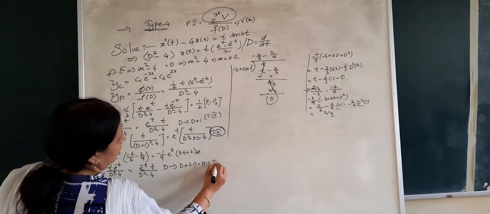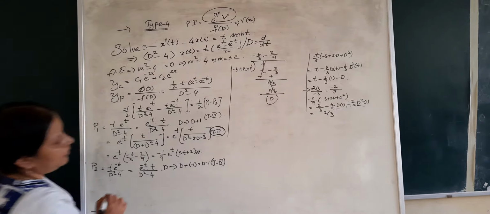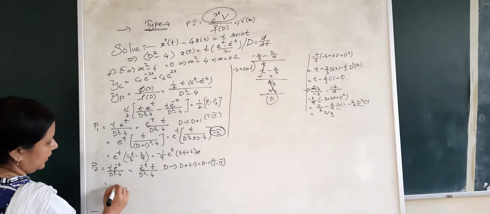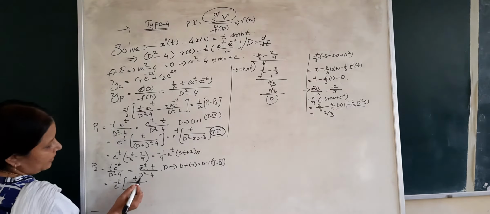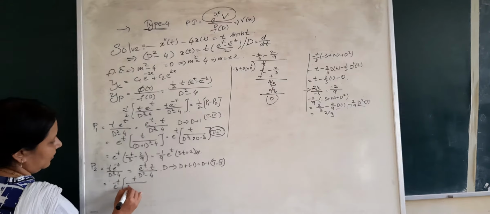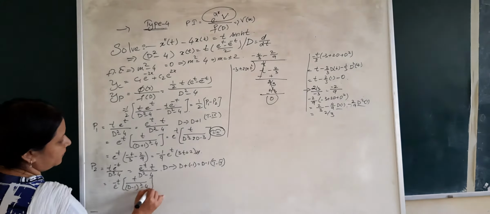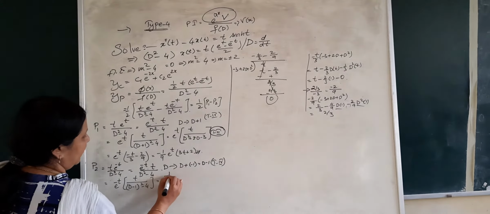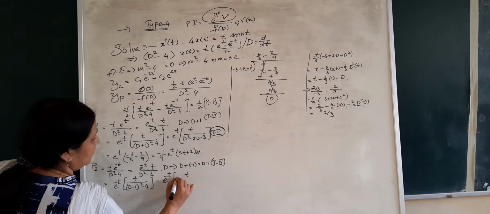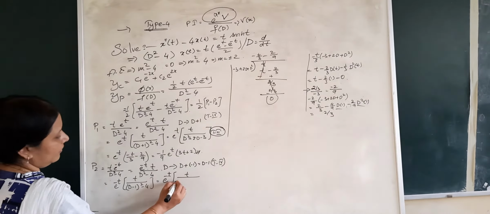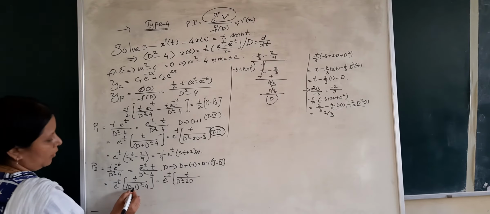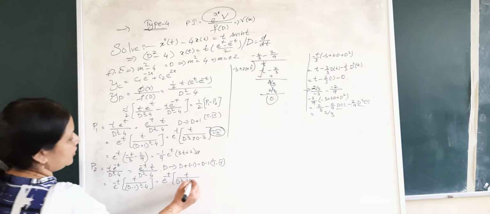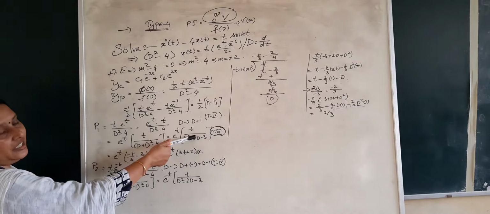As I told you, I will mention every single time which type I apply. So type 4 I have applied here. Coming back to this, e to the power minus t comes outside. t divided by d square is replaced by d minus 1 the whole square minus 4. Simplify by applying the identity to the denominator. We get e power minus t as it is, t as it is, and the denominator becomes d minus 1 the whole square, which is d square minus 2d plus 1 minus 4, which is d square minus 2d minus 3.